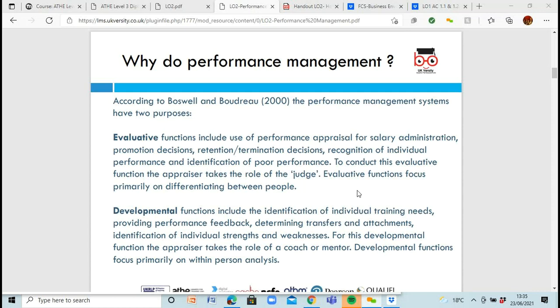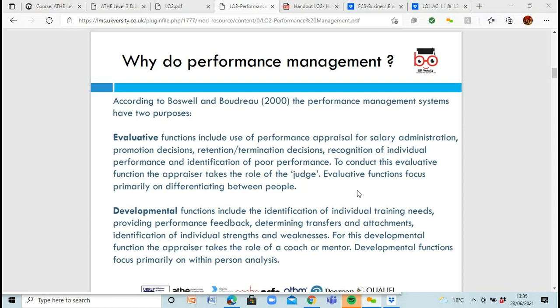And then they're going to conduct this evaluative function. They're going to do an appraisal and they're going to take on the role of a judge. They're appraising you, seeing how you're working. So evaluative functions focus primarily on differentiating between people. What you might get might be slightly different to what I might get, because they're focusing on the person